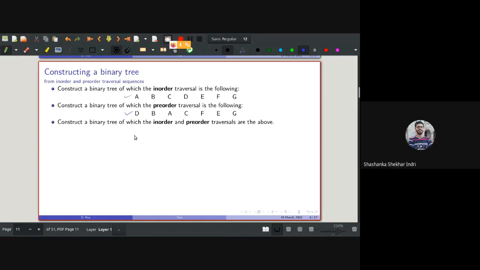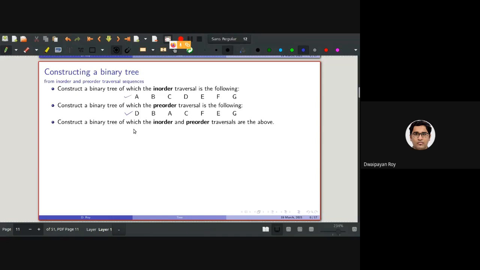No. Why? We can construct it, but not sure if it will be unique. Okay. You are saying it will not be unique, meaning there can be multiple trees having the same in-order and pre-order traversal. That's what you are saying, right? Maybe. Okay, let's see.